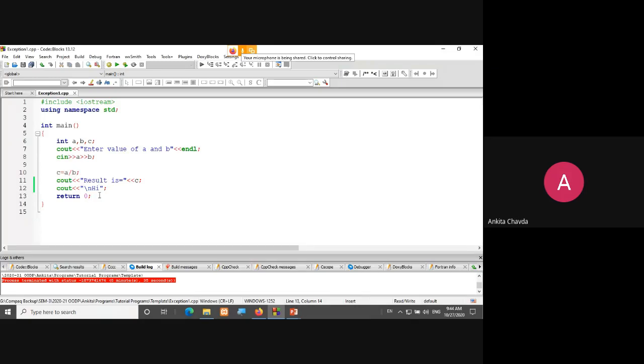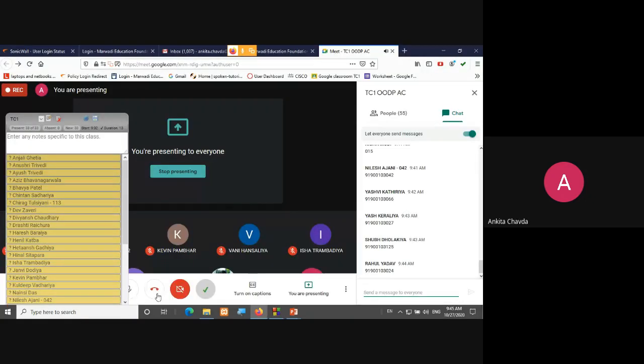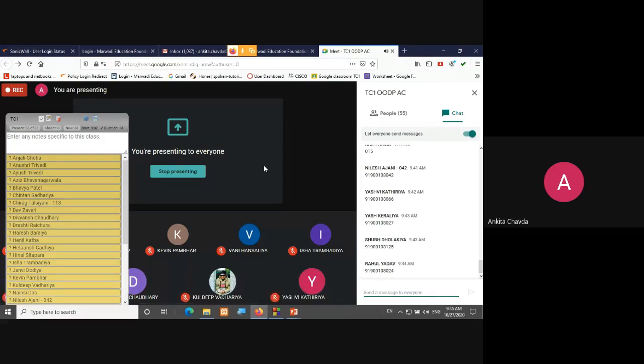Mathematically, division by zero is not possible, that we already know. So we cannot bound users; the user can give any value, that is the user's choice. So the only way you have to handle these runtime errors is exception handling. Getting this thing?